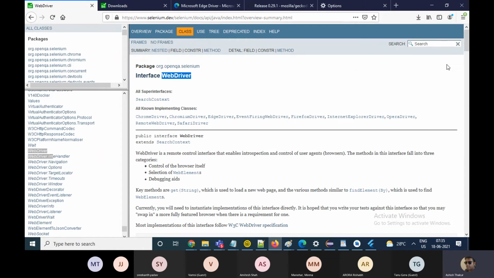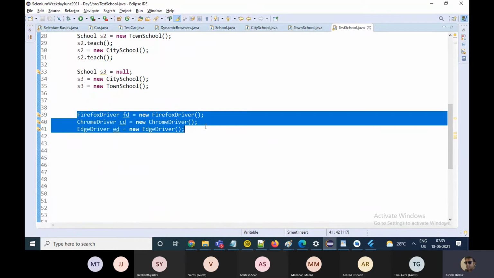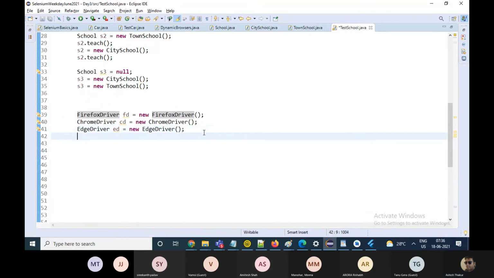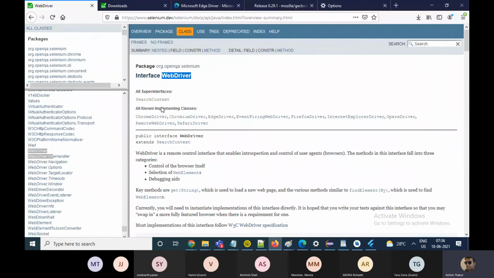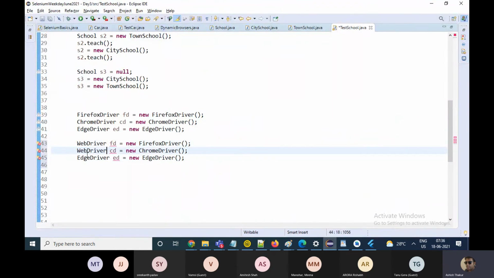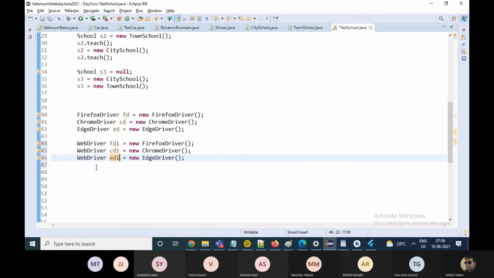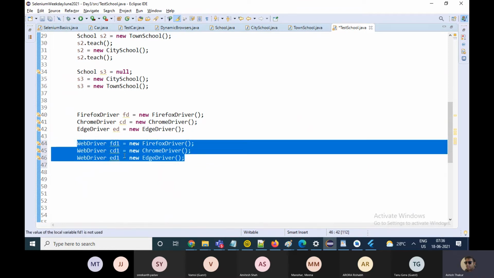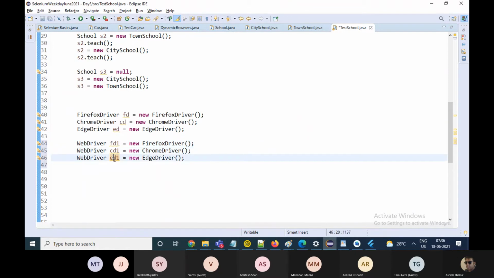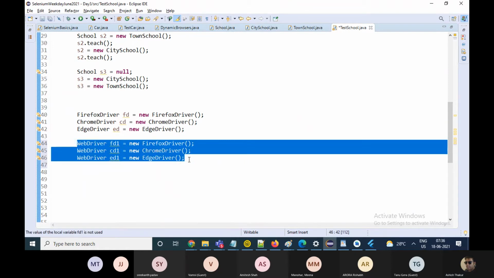So instead of creating objects like this, you can create objects with the reference of the WebDriver interface. This is how you do it, and the second one is preferred over the first one.